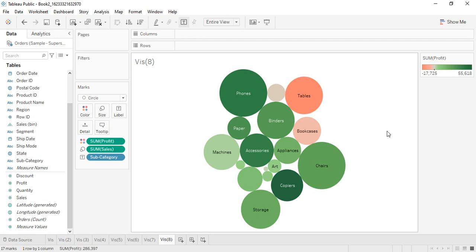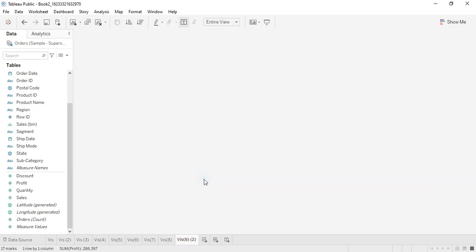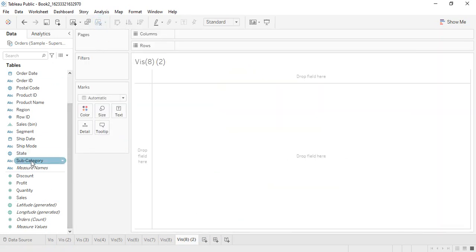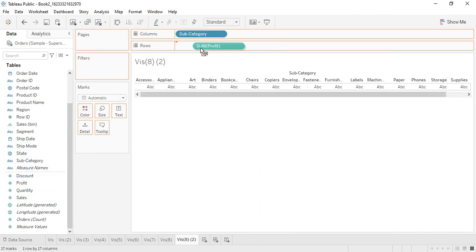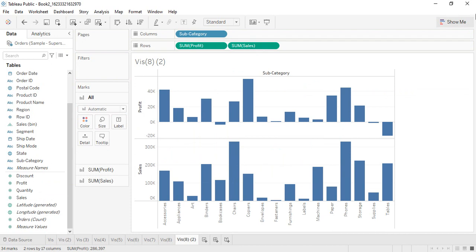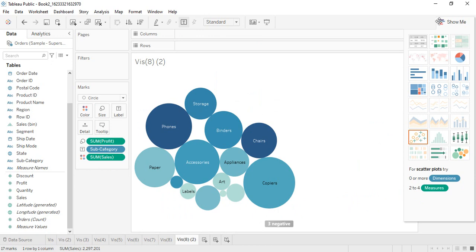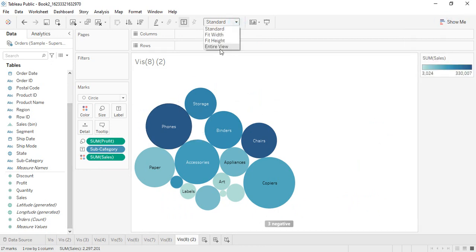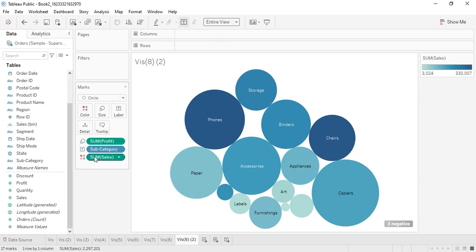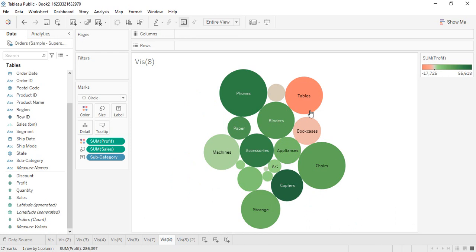And this is how we can manipulate it to show the maximum information to us. Now, there is one more thing that we can do. Let's duplicate this sheet, clear it, and get in the subcategory, the profit as well as the sales, right? With these 3, I'm going to create a packed bubbles, because as you can see, it can take more than 1 measure as well. When I do that, it automatically does exactly what we did in the previous one. That is, it assigned the sum of the profit to the size and the sum of the sales to color, and gave us the 3 negative values. So this is something that it did, but again, it is not as beneficial to us as the previous visualization was.